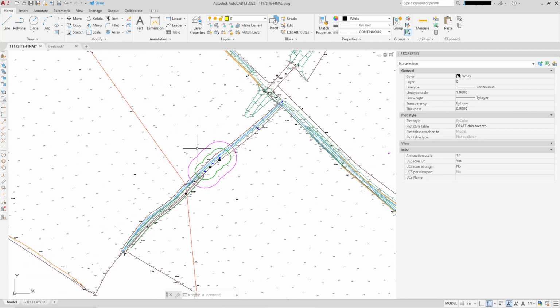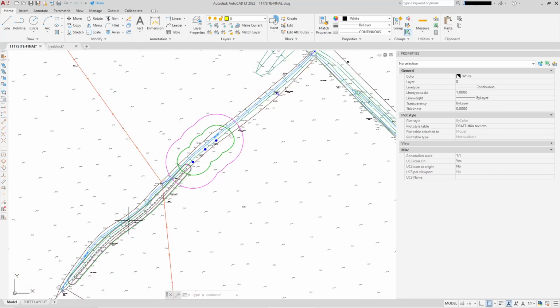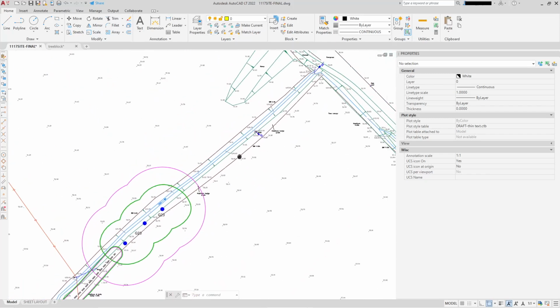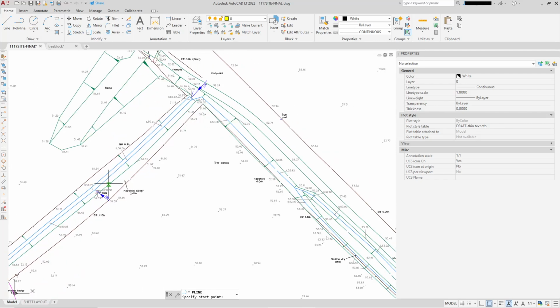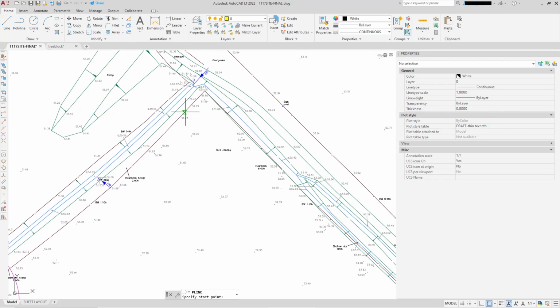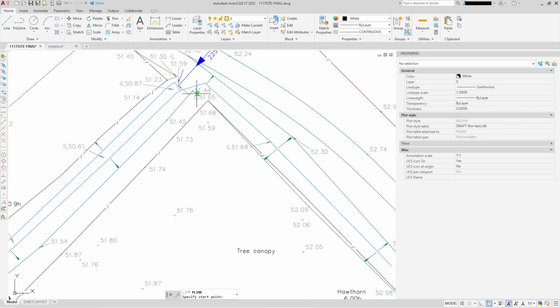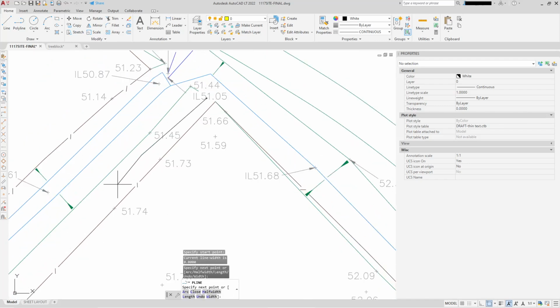Doing sort of closed tree groups is a lot easier, but using the same sort of method we've done there. Let's say there's in this corner there's a big group of blackthorn or something. They haven't plotted it on the topo, so I need to draw it from scratch. So you start with a baseline, and you either have to decide whether you're drawing the canopy extents or the stem extents. So if I say I'm going to do the canopy extents, and it sort of spreads around here